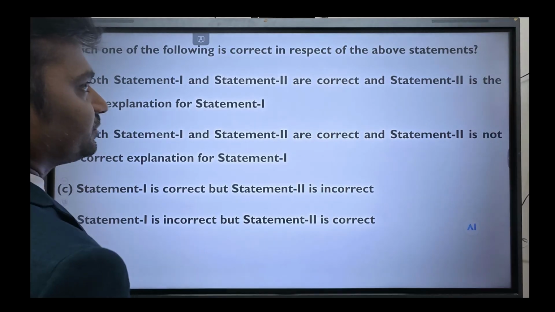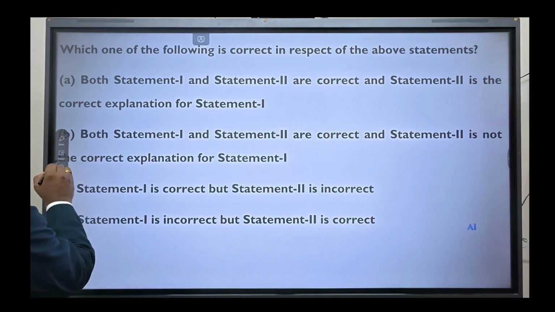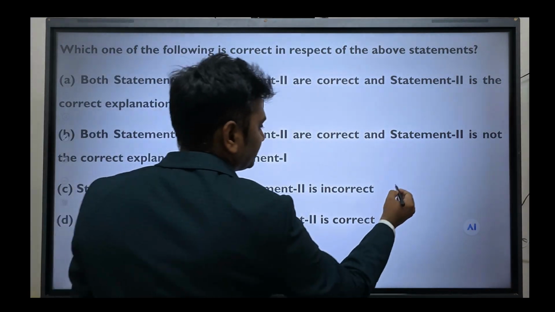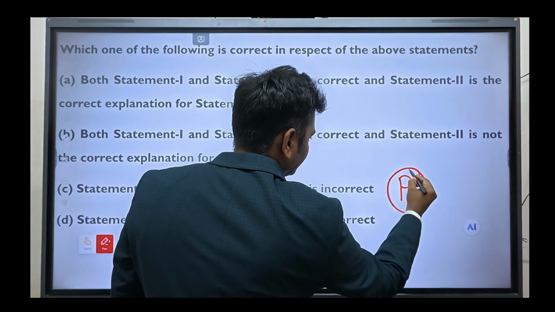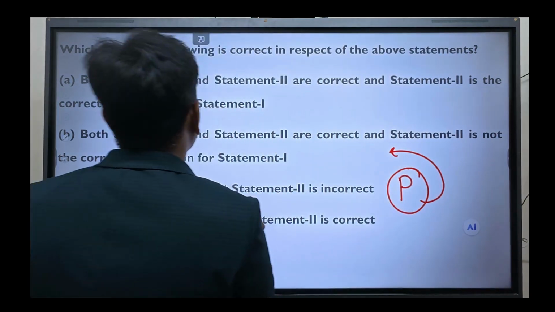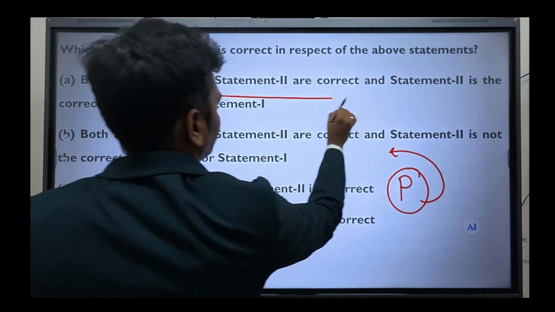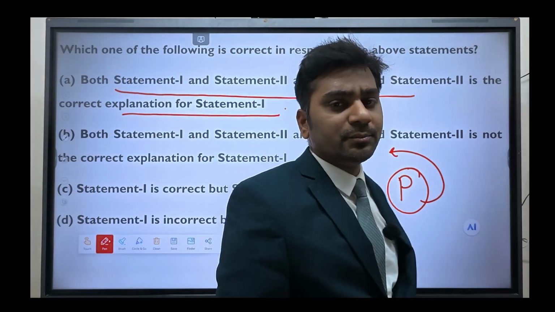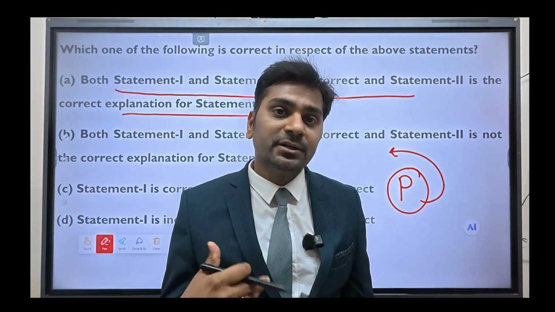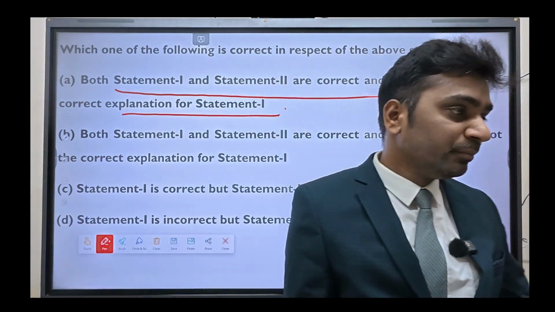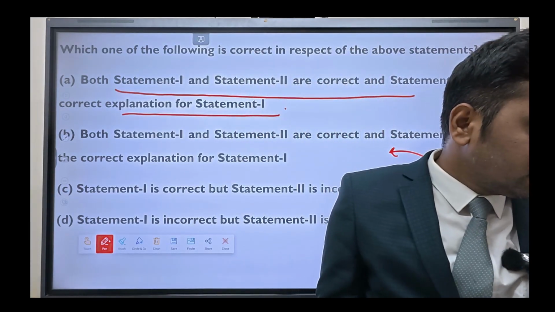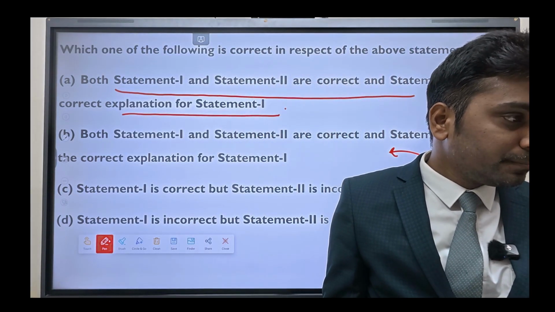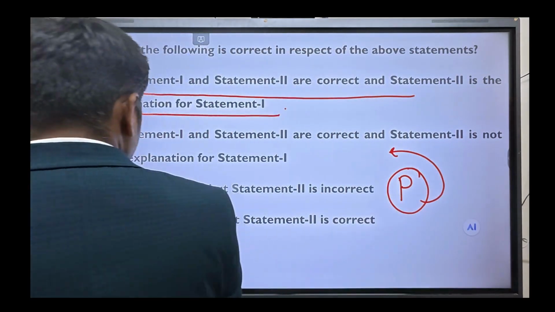So which of the following statements is correct here? Both are correct. Why? As prisons are under the state subject or provincial subject, you have the control of state legislatures. So both statement 1 and 2 are correct, and statement 2 is the correct explanation of statement 1, which is a very simple thing because statement 2 is reiterating the point of statement 1 here. This is the thing that we need to understand. Moving further,